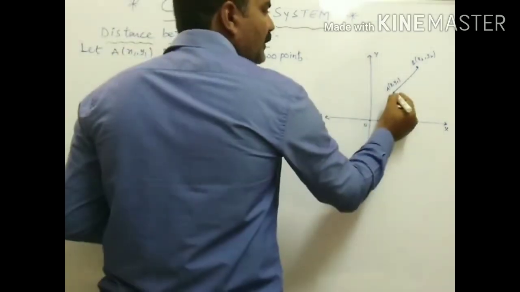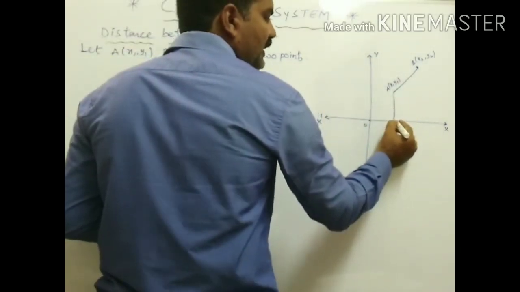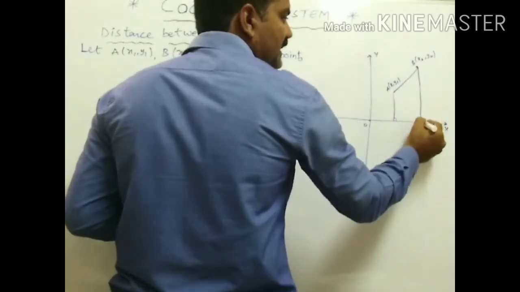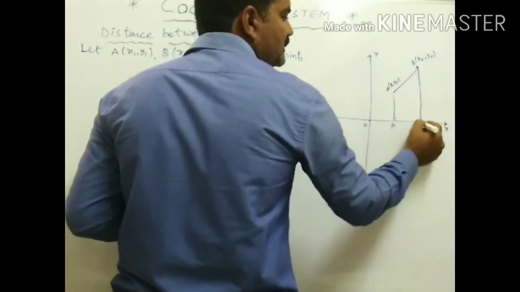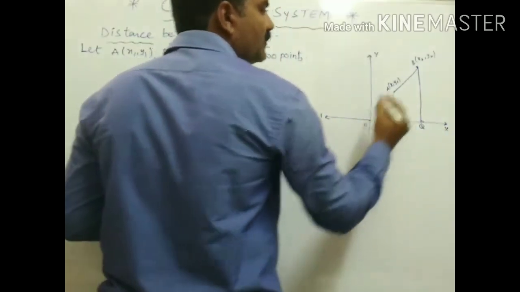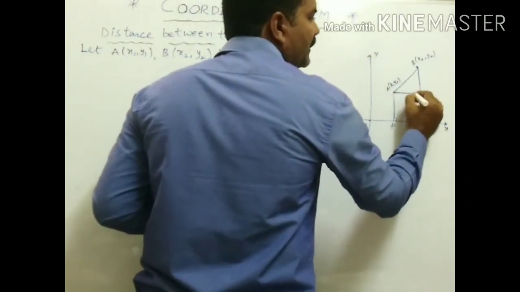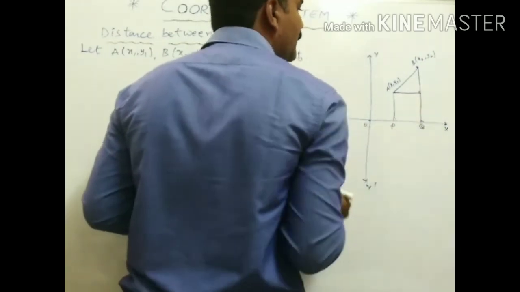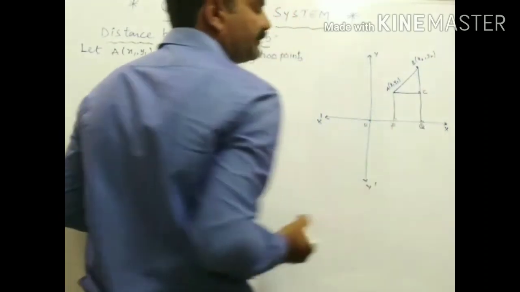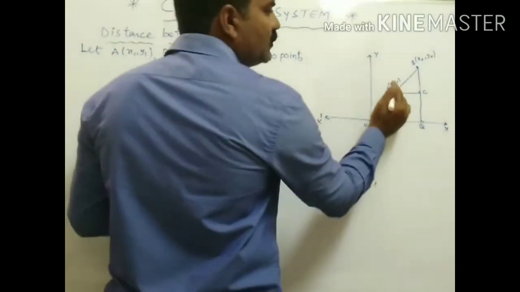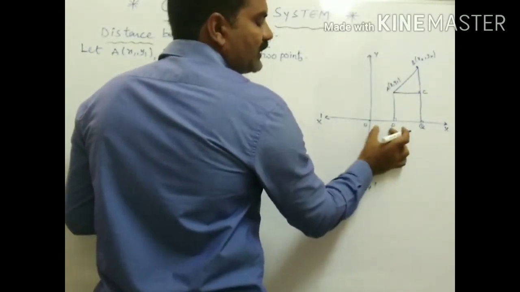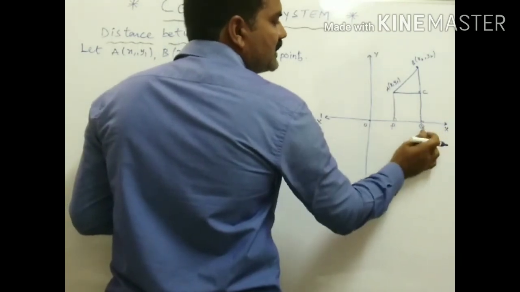Now draw the perpendicular from A to the x-axis, and similarly from B also to the x-axis. Say these 2 points are P and Q. Also draw the perpendicular from A to BQ, which meets at some point, say C. Right? Now clearly, if A is x1, then OP is also x1, and OQ